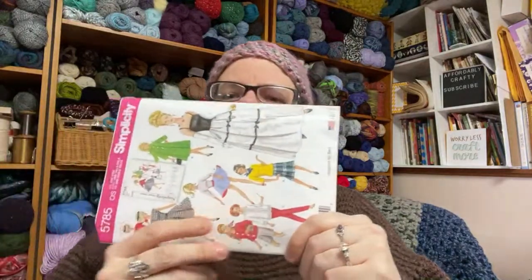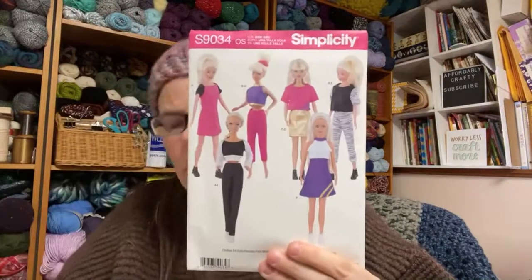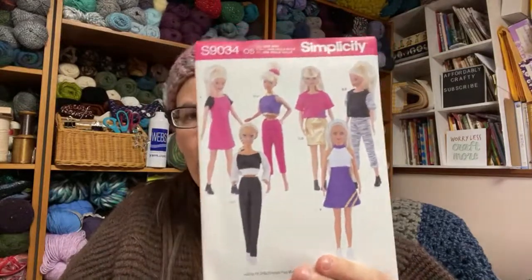So this one pattern makes 14 Barbie items. This is normally like $25. And this one makes 8 Barbie items. So I'm hoping that this will be something fun I can do with Skylar. They are pretty, thank you. And this goes along well with...